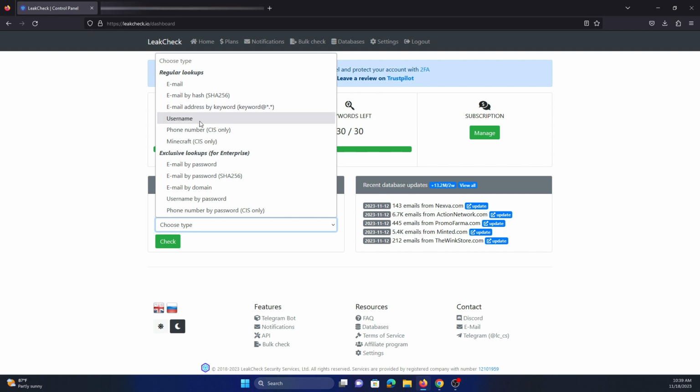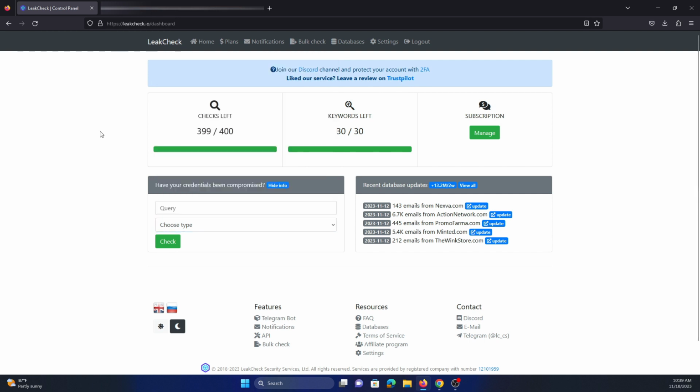You could do a specific keyword search. Also usernames: if you have a particular username that you use, you could search by username, and that's really powerful. Also phone number as well as Minecraft. This is a really powerful tool, guys, and for the price, a $24.99 lifetime subscription, it's a